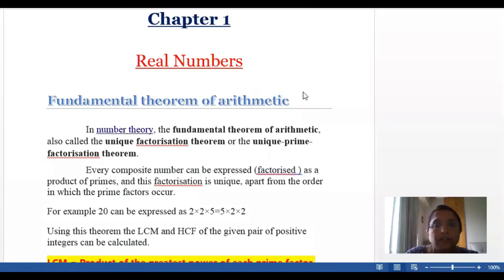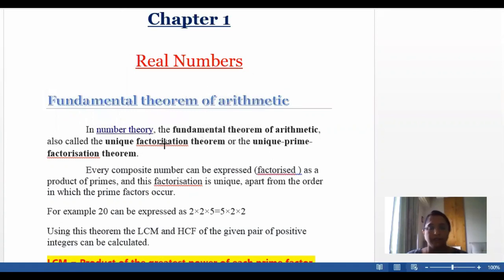Hello everyone. Today we'll study chapter 1, real numbers, and in it the fundamental theorem of arithmetic. What is the fundamental theorem of arithmetic? It is a very important theorem to find out